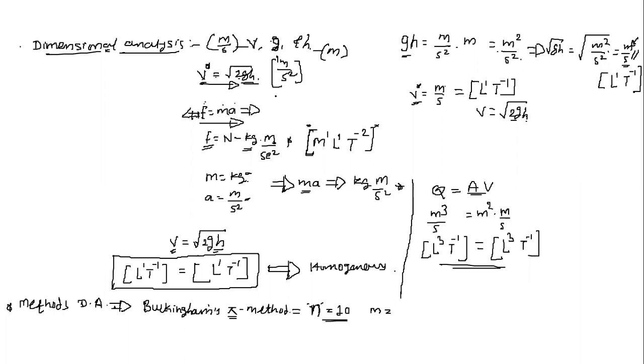We have to write their units, as we have written the unit for velocity, force, mass, acceleration, discharge, area, velocity. Likewise, if 10 such variables are involved, we first write down the units of all 10 variables, then the corresponding dimensions of each variable. For example, for force we have written M1 L1 T raised to minus 2. Likewise, we write down the dimensions of all the 10 variables, and from those we check, out of L, M and T, the basic fundamental dimensions, how many are existing in all the 10.